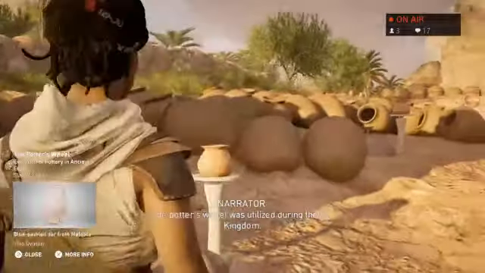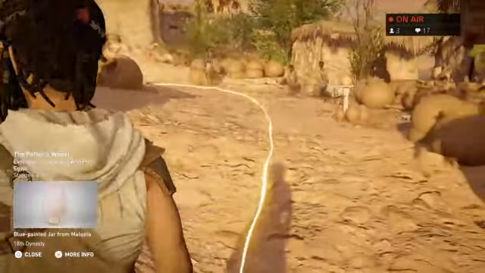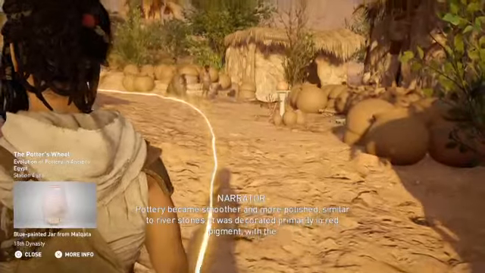The potter's wheel was utilized during the Old Kingdom. Pottery became smoother and more polished,